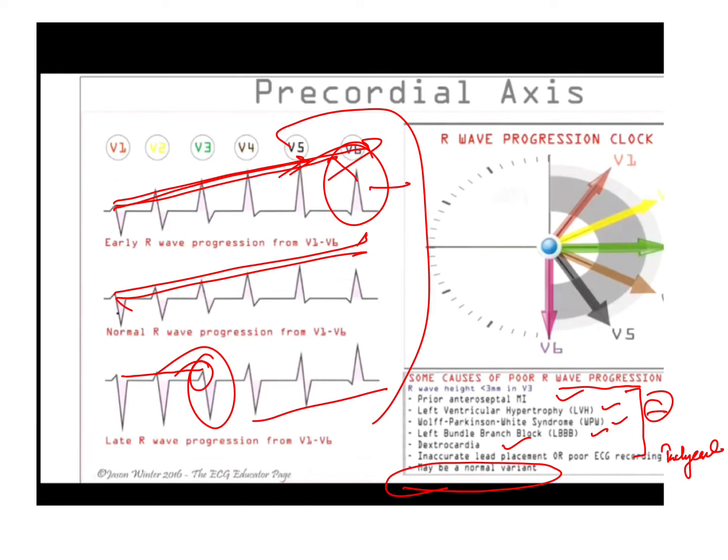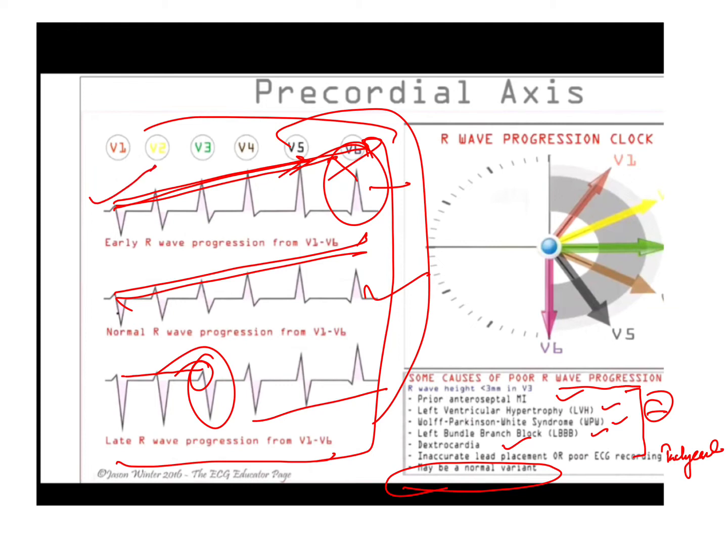And we have seen the late R wave progression also, where the size of the R wave usually doesn't increase in initial leads, but in later leads it starts increasing. But we will say these are the variants of the R wave, and this is the normal. Poor R wave progression may be early R wave progression or late R wave progression, and we label the